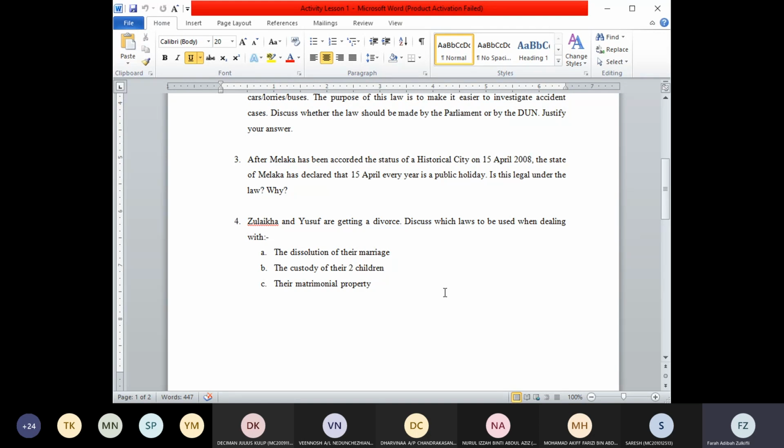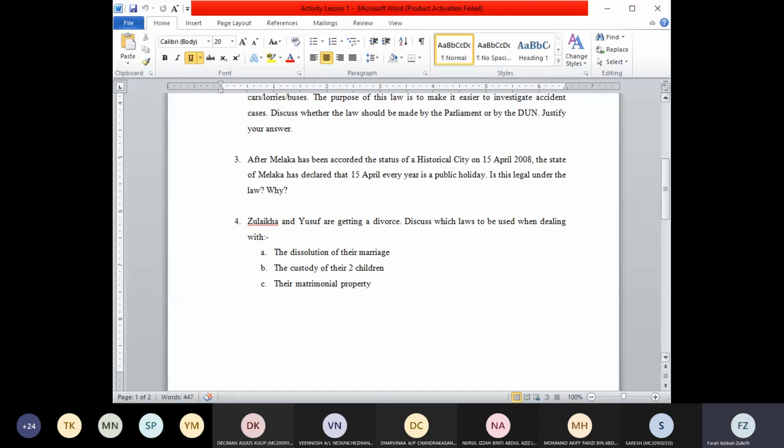So as I stated before, Sharia law is applicable only for Muslims, and it is only for personal laws. So if Muslims want to get married, dissolve their marriage, fight for the custody of their children, or distribute their matrimonial property, which in Malay is what we call harta sepencarian, if they want to divide all these things after they have gotten divorced, all must be heard in the Sharia